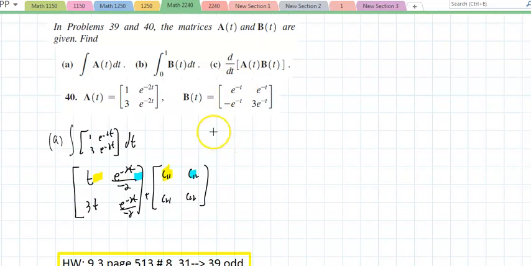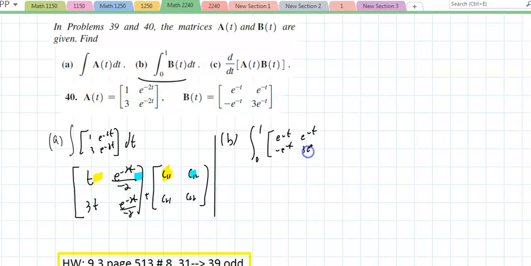That's pretty much it. And if I want to integrate in part B, the integral from 0 to 1 of e to the negative t, e to the negative t, negative e to the negative t, 3 e to the negative t, well, that would be negative e to the negative t, negative e to the negative t, e to the negative t, and negative 3 e to the negative t, evaluated from 0 to 1, identical to calculus. You throw the 1 in,